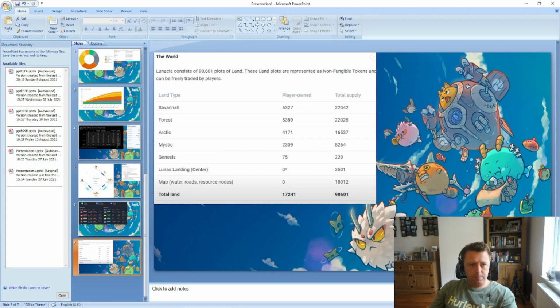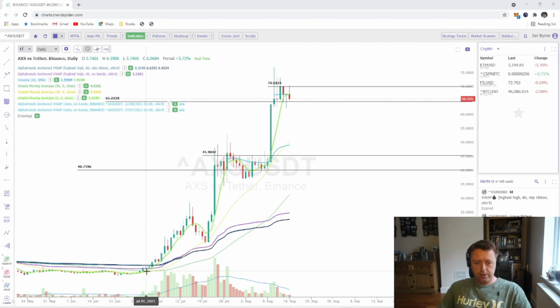If we hop across and have a quick look at the technicals of AXS now, we can see since the end of June, start of July, this was trading at around $3.50, down at these levels. Then it ran up to about $30, pulled back to around the 14 level, and then had another huge run up past this 45 level, spiking out at 53. It took a little bit of time to consolidate, and then since July 24th, it made that run down to August 9th, so 2.5, 3 weeks later, just saw another huge run up.